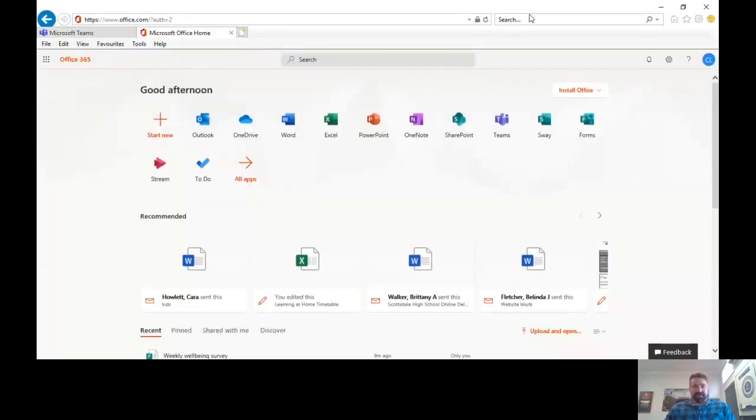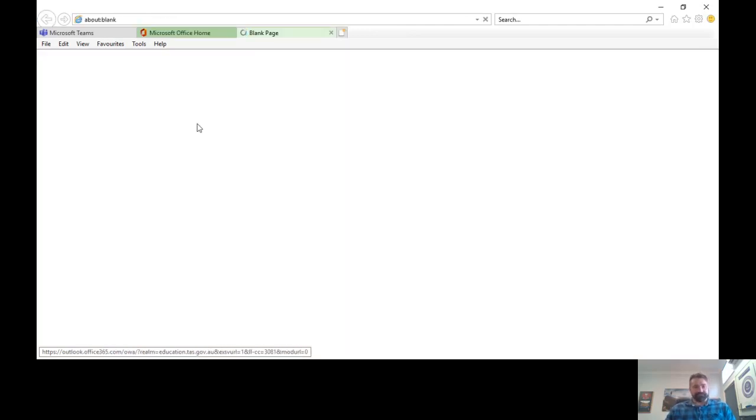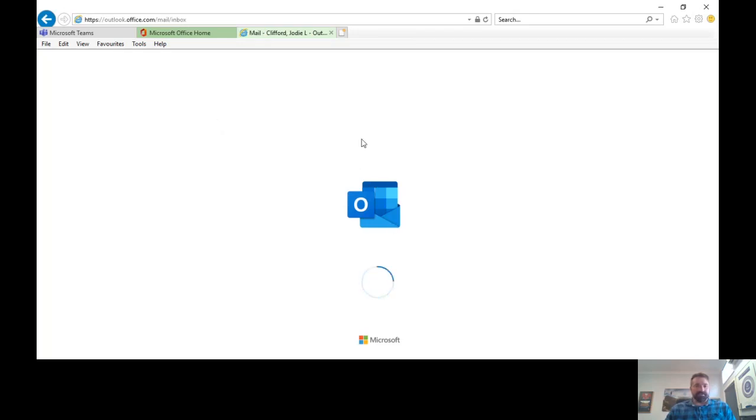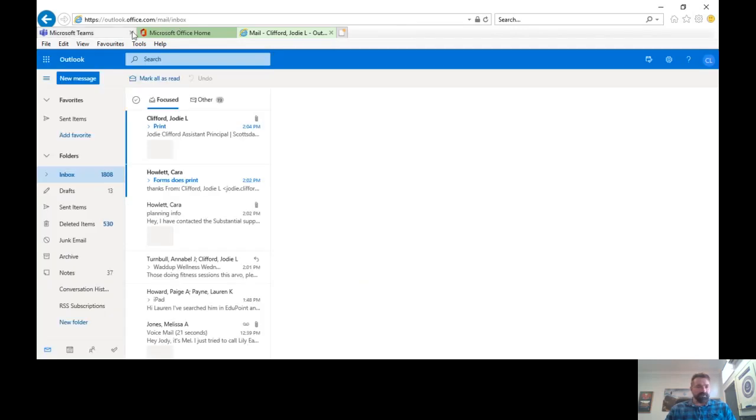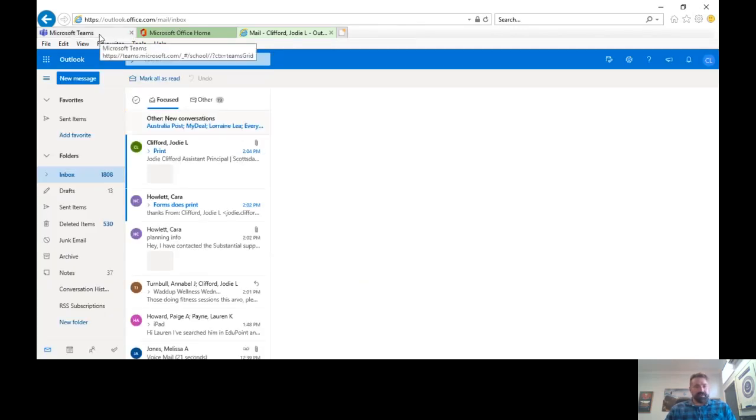So the first thing, and Miss Clifford's here to my right operating this screen, is we're going to show you how to log into your email at home. So you'll see there that Miss Clifford has put that screen in front of you. She's going to click on Outlook. Further left, isn't it? There you go. And that will bring up a login page where you will just put your school email address in. So I don't have a student email, obviously, but that's how you would log in using your normal login and